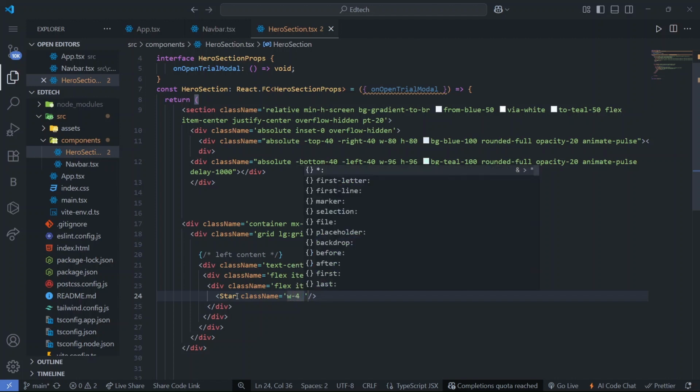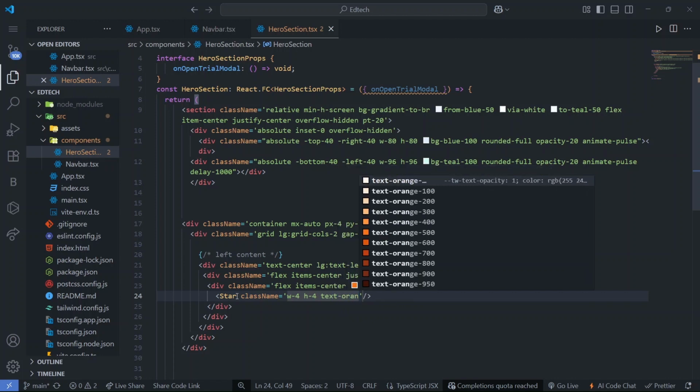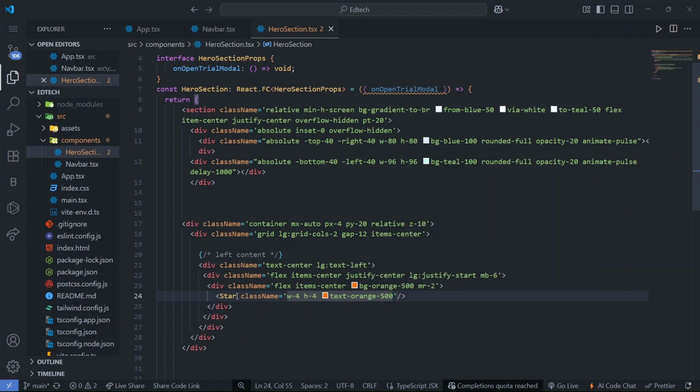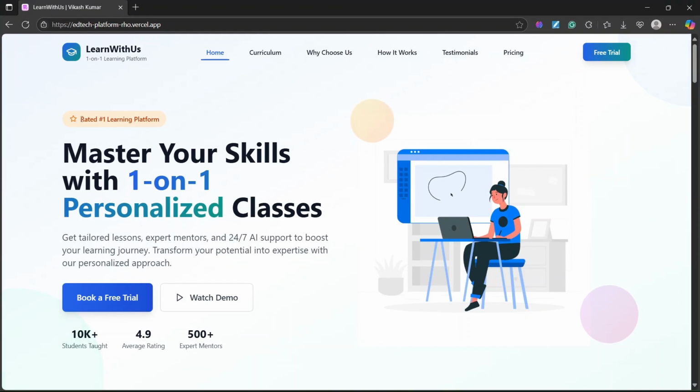Width we can take 4, height 4, then text orange, and we can write 500, and margin from right we can take like 2, and after the star we can create a